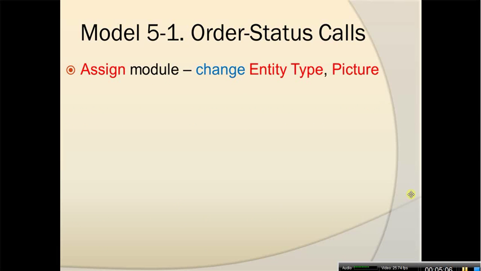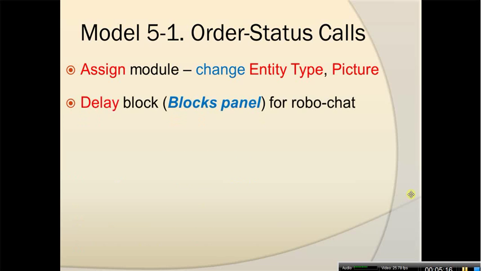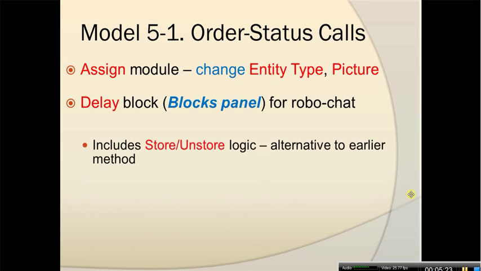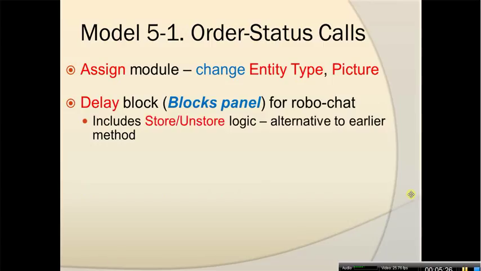For the order status calls, we have already changed the entity type and picture, so we don't need to do that again. The next thing, we'll actually use a delay block, and that's from the blocks panel, for this automatic listening, right? So listening to your order status. Because we introduced this delay block, in order to be able to animate it, we also have to include the store and unstore logic. If we did it,